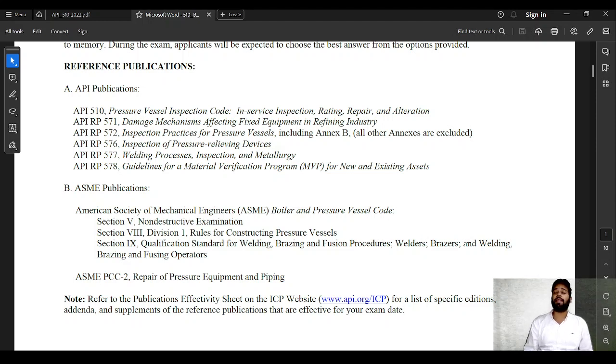Next is API 577, which is welding process, inspection and metallurgy. This is generally going to be regarded to alteration and repair of the system. So if we are doing any kind of alteration or repair, that welding procedure has to be qualified as per the requirements of API 577. Not qualified as per se, but the requirements that are needed in welding are to be followed as the requirements given in API 577. So this is a recommendation given to the inspector that whatever the welding operation is happening, is that welding operation